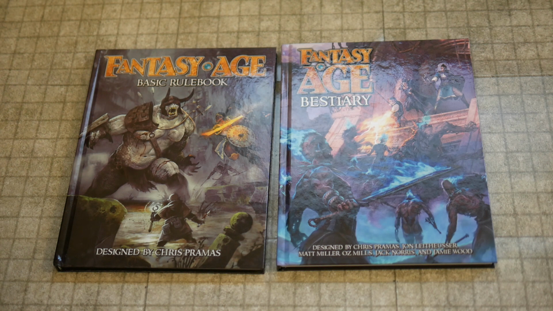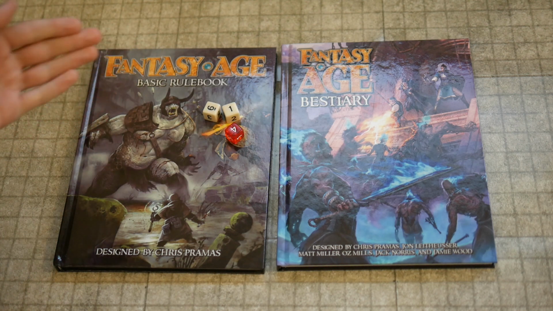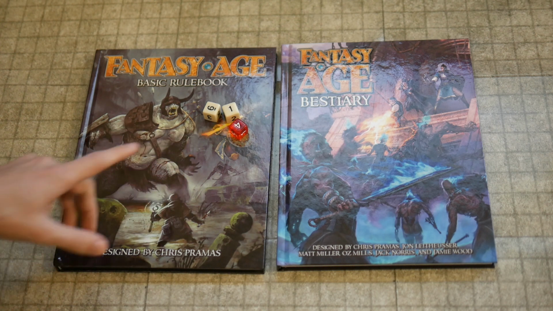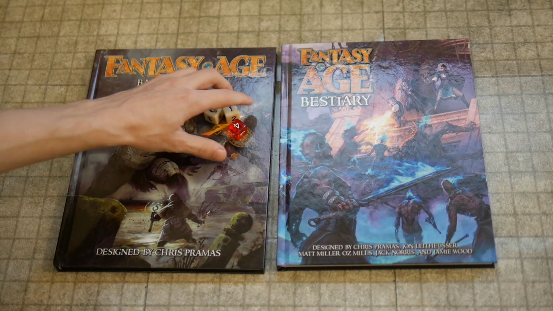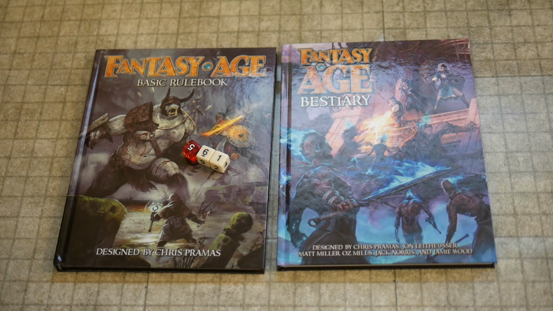Now, the last thing you'll need to run Fantasy Age is 3 D6 style dice. One of them will need to be a different color, and that will be your stunt die. We'll get into that later when we talk about the rules, but these are the only 3 dice you'll need to run the game. It is helpful to have more D6s, because this only uses D6s, which is a big difference between